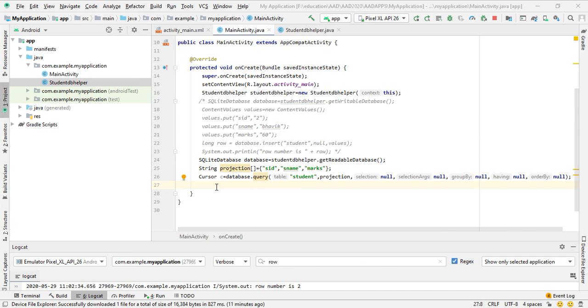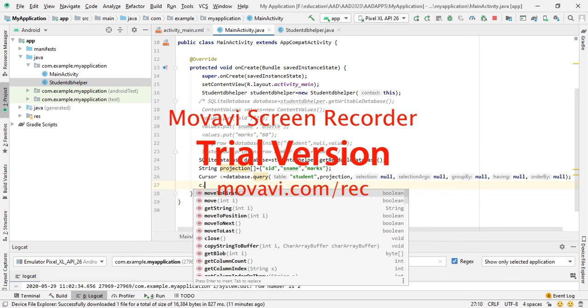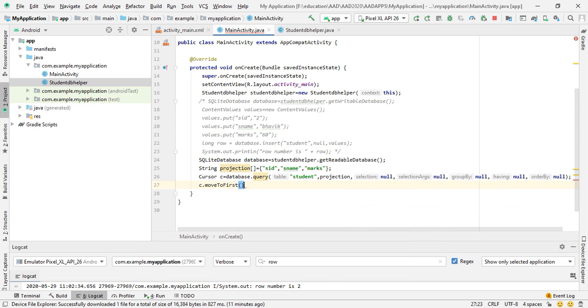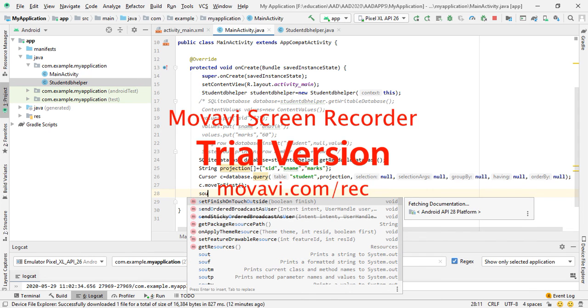So how can we traverse? Suppose I want the first row, so simply we can write c.moveToFirst. This will go to the first record, and now we want to display the records in the logcat window.